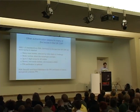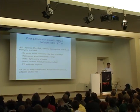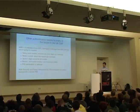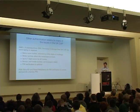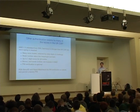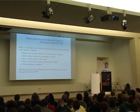So other countries have done some things better. In Germany there's something called HHD 1.3, which is very similar to CAP. The card readers look the same, the protocol is slightly different, and they fix some of the problems. So rather than just having these three modes, which you have to press buttons to get into, there's a number given by the bank that you type in, and this controls the type of transaction you're going to do, whether it's an inland transfer, a domestic transfer, changing your mobile phone number, or all sorts of things. There's always a nonce,